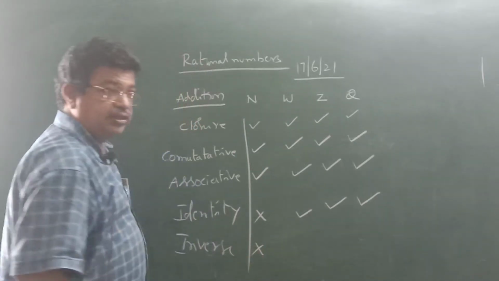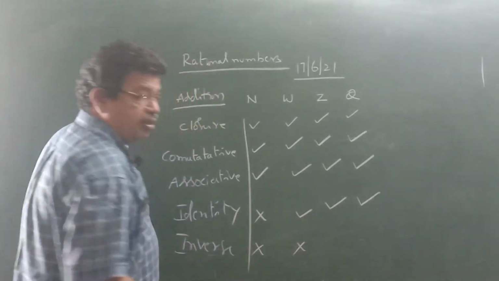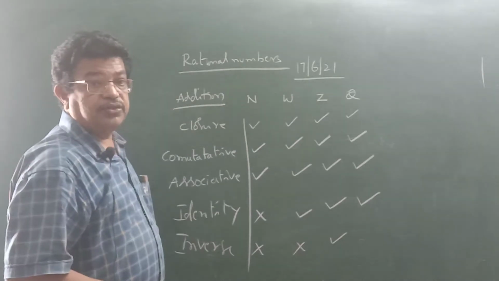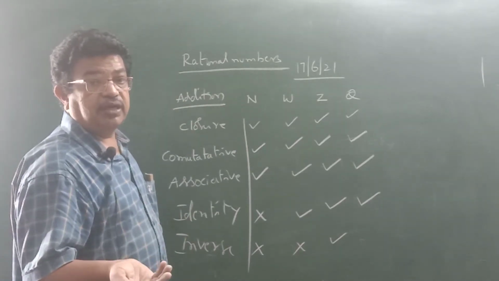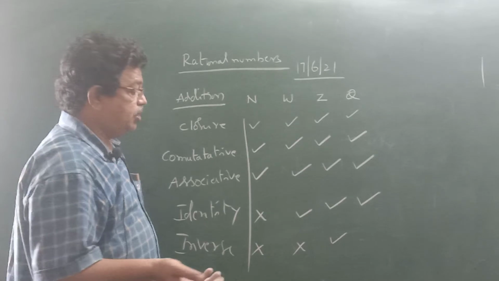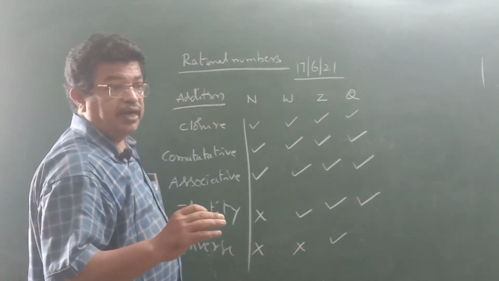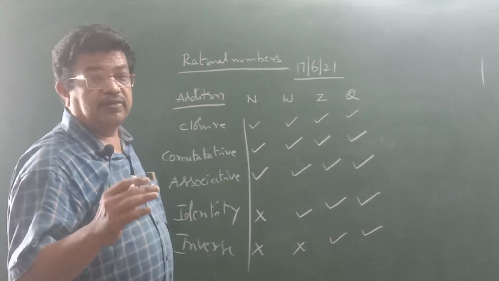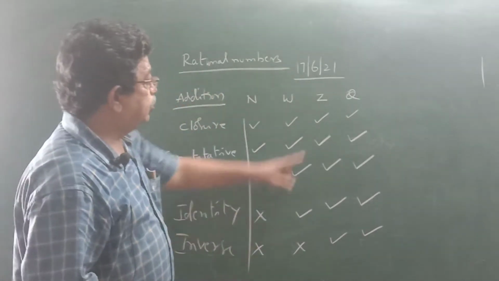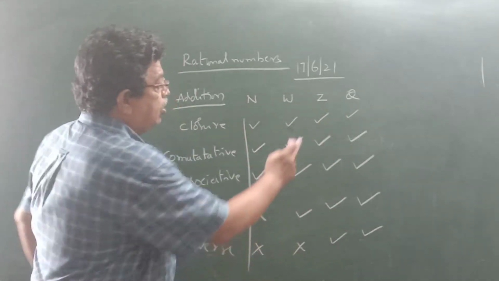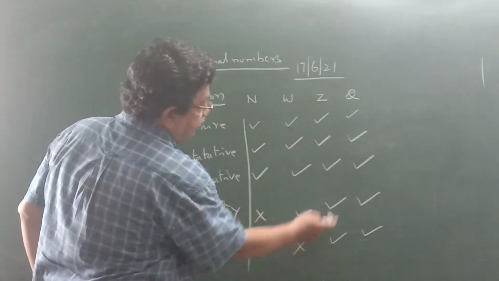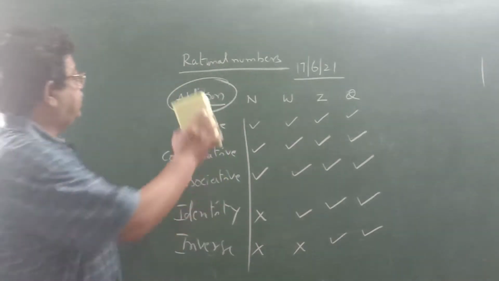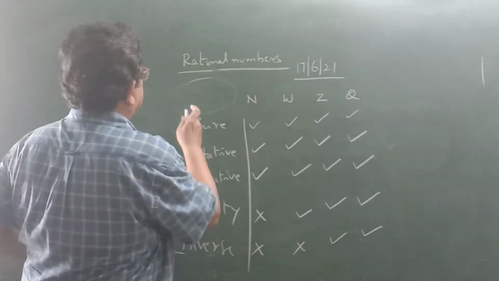Similarly, there are no negative numbers in natural numbers or whole numbers, so they do not have the inverse property. Integers have negative values. If you have plus 7, you have minus 7 also. Plus 7 plus minus 7 is equal to 0. So the sum of a number and its additive inverse is equal to 0. Similarly, the sum of two rational numbers which are additive inverses of each other is equal to 0. So the set of integers and the set of rational numbers have closure, commutative, associative, identity and inverse properties with respect to addition. Similarly, we check the properties with respect to multiplication.